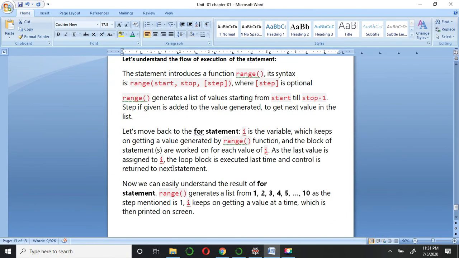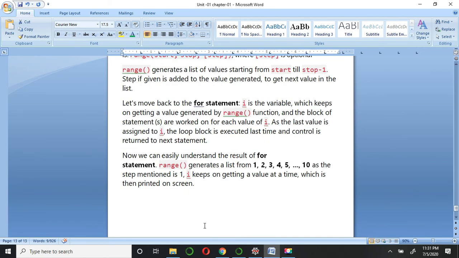Here is some theory about the for loop and all. I just want you all to write down these notes that I am providing with the videos. We will meet in the next video soon with some programming concepts and some data types like list and string. Our next topic is string.